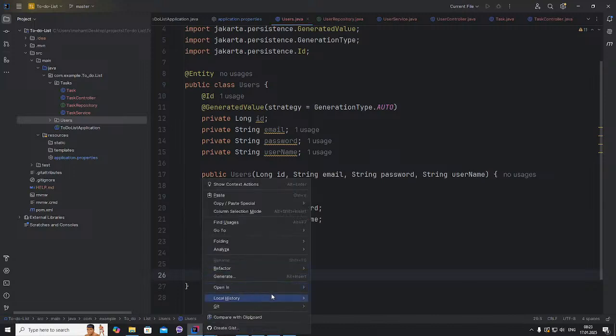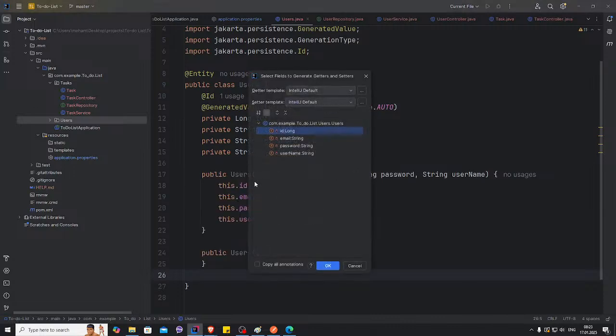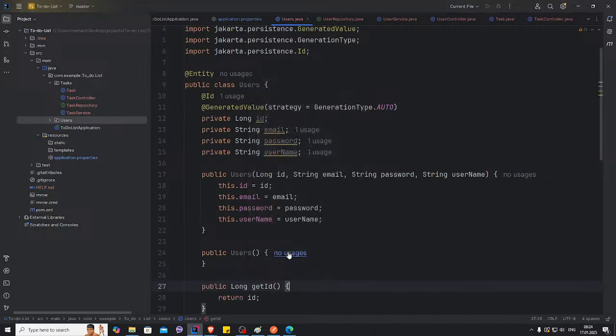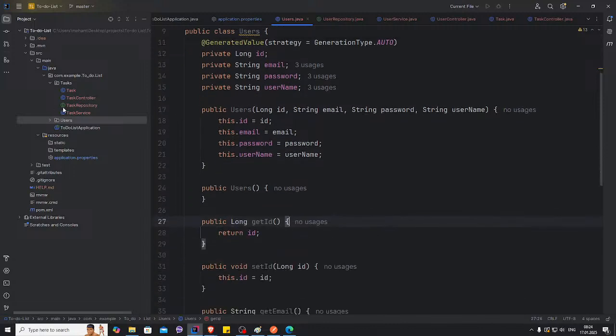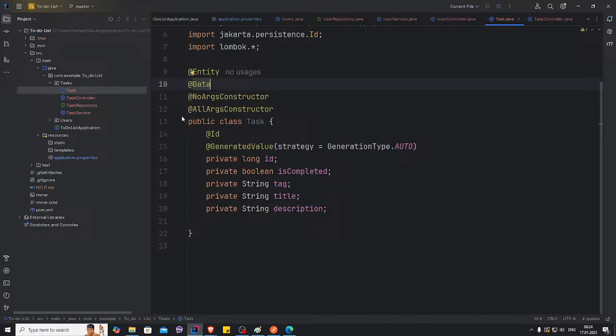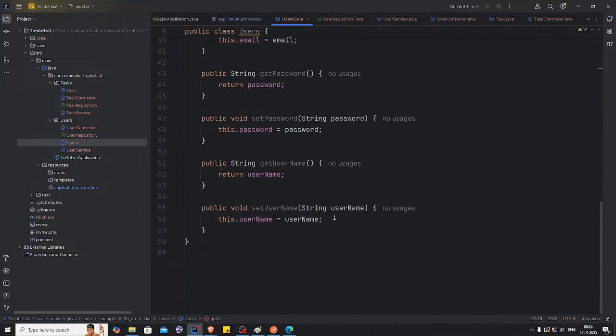And then we want the setter and getters. Generate setter and getters, and we say for all of them. Okay, so now I can do it through Loom and also without Loom. Obviously the one with Loom looks better, but